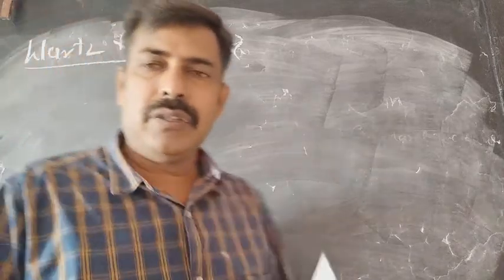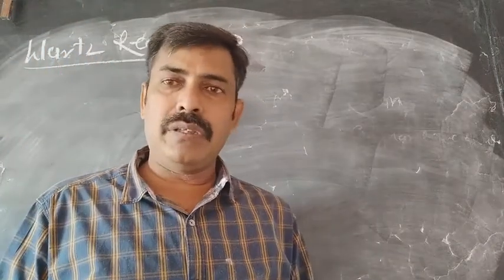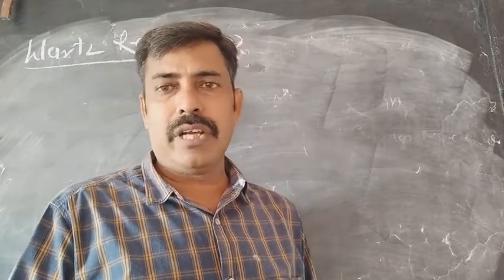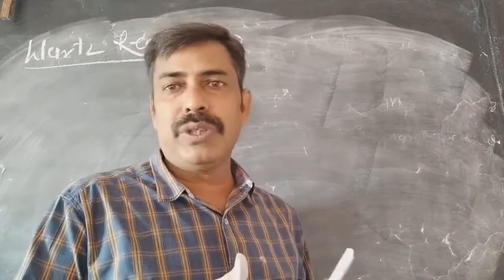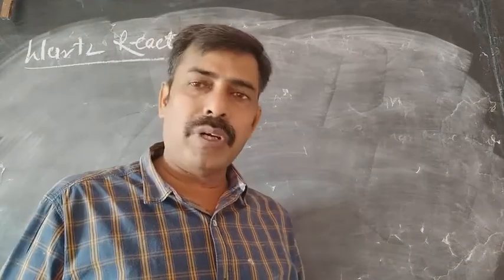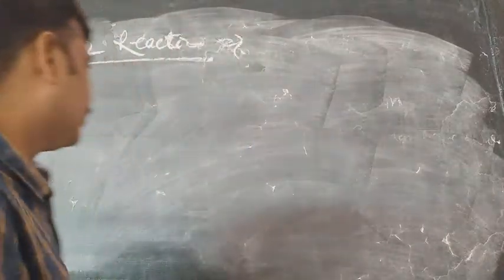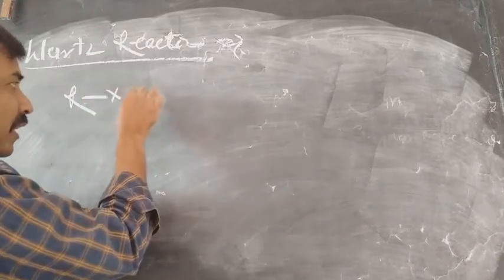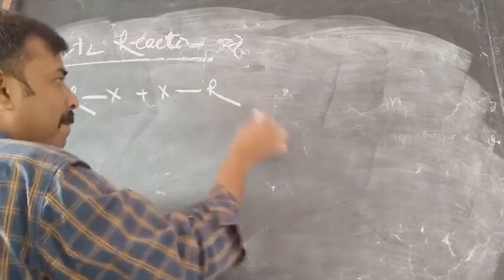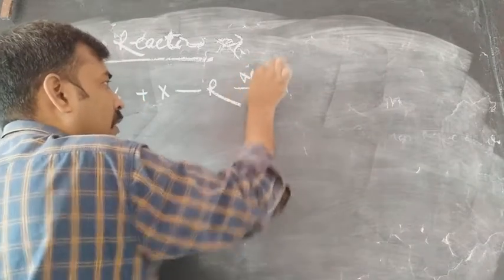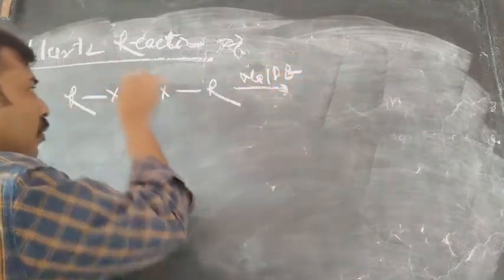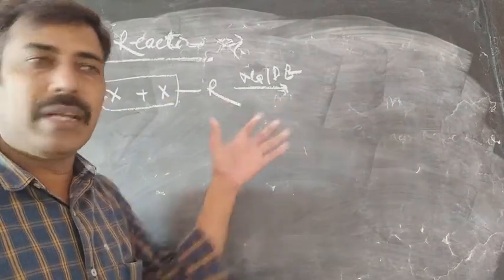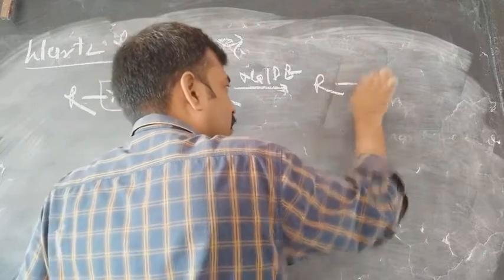In the Wurtz reaction, when a haloalkane is treated with sodium and dry ether, it forms a dimeric product. Two alkanes combine with each other to form a final product having twice the carbon. So this is the Wurtz reaction. RX, the haloalkane, is treated with another haloalkane in the presence of sodium and dry ether. The halogens are removed in the form of sodium halide and it forms R single bond R.